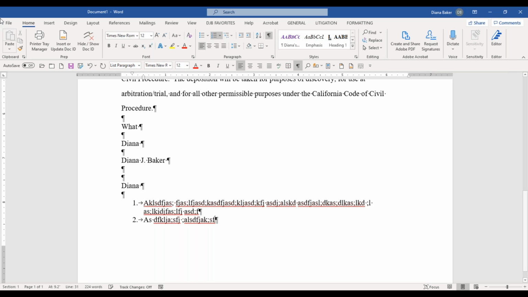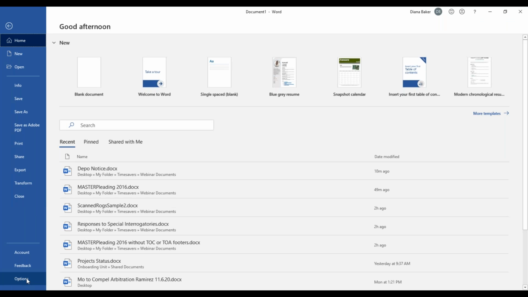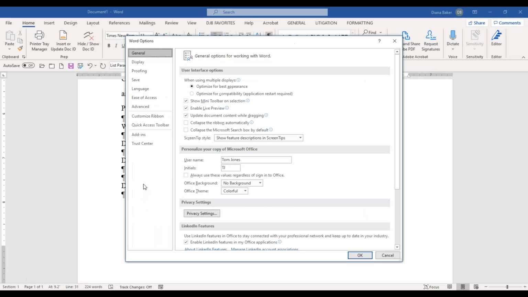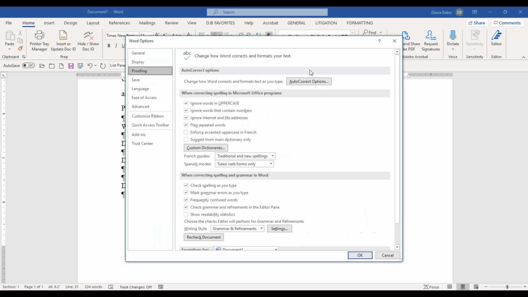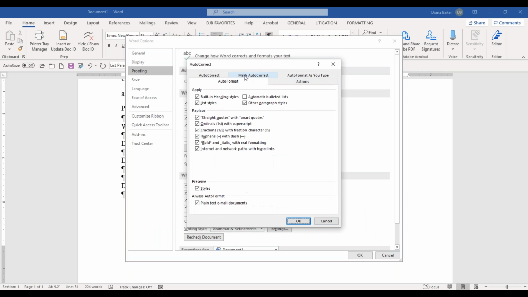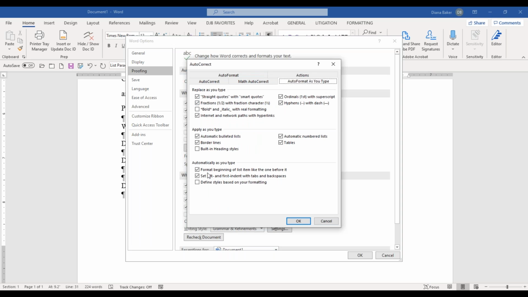So let's go back there and see what's causing this. So File, Options, Proofing, Autocorrect Options. So this is AutoFormat, and it's right here. List styles, and I even tend to turn off, actually this part's okay. I'm going to go to AutoFormat As You Type. Here's the culprit, automatic numbered lists. Once I uncheck that,